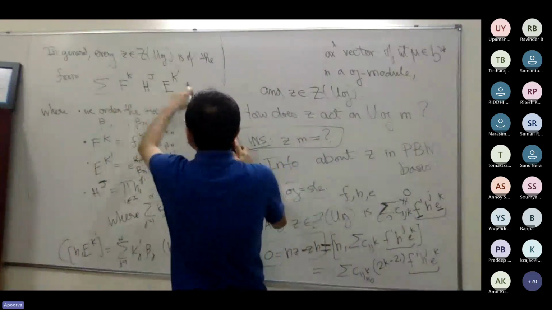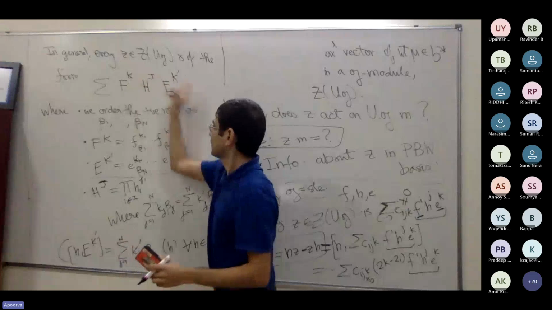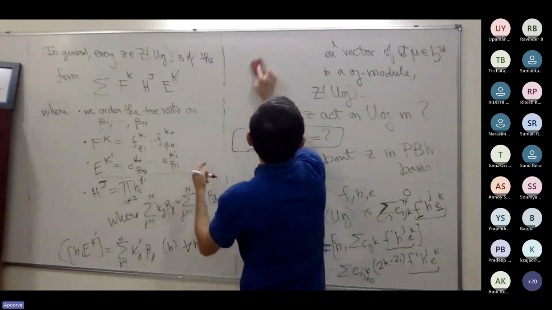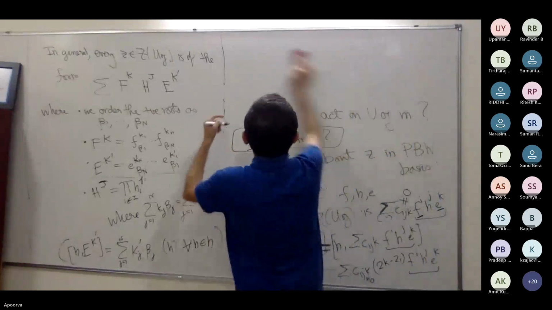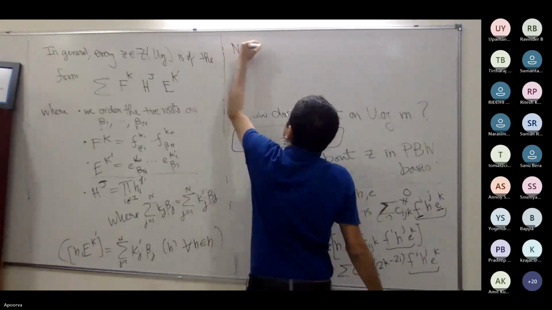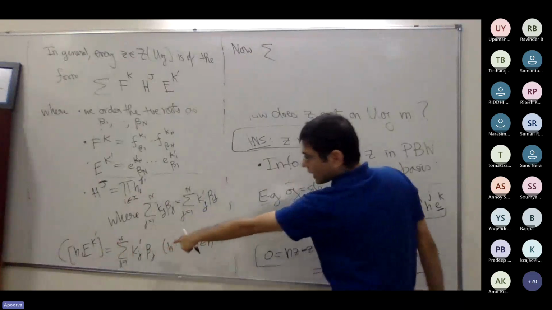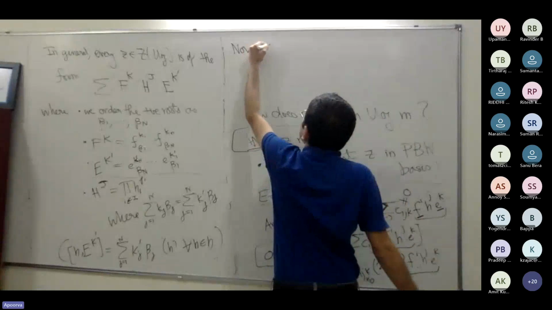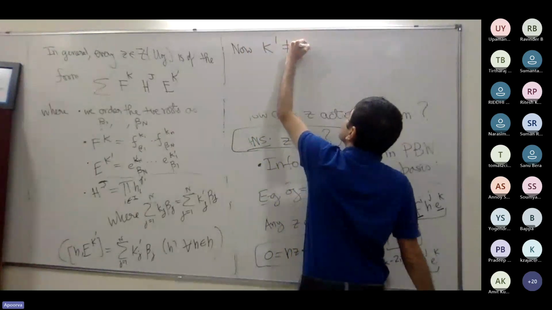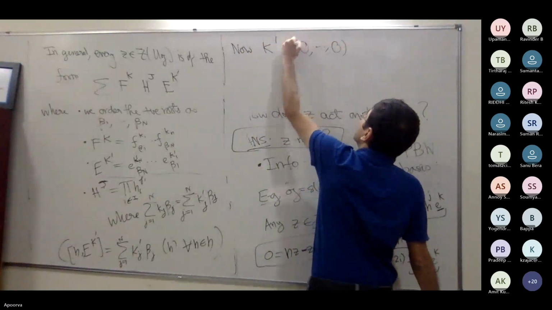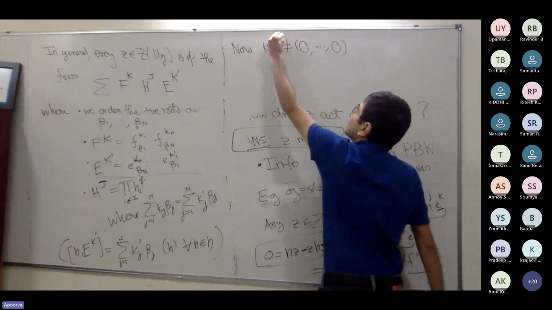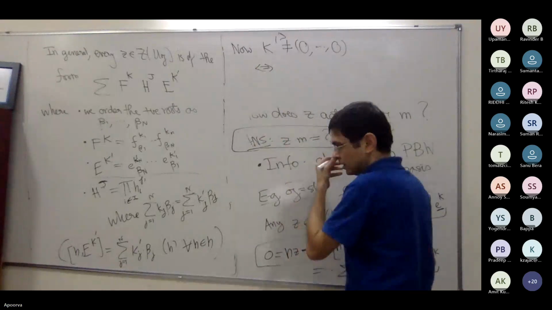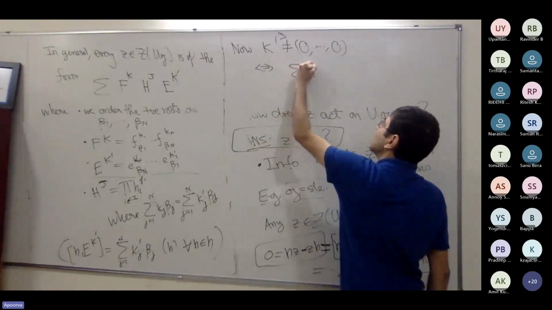So therefore, when you write this down, most of these monomials will correspond to this. So what does it mean for at least one power to be positive? Maybe I should write that down. Now, what was this summation, K prime J beta J? K prime is not equal to 0, 0, 0, meaning it's of course bigger than but not equal to, if and only if this K prime J beta J